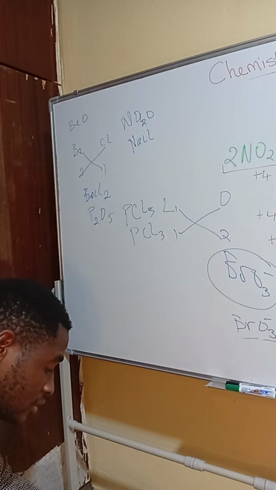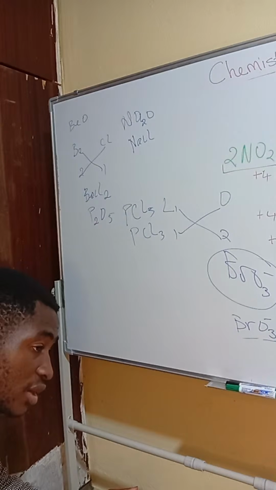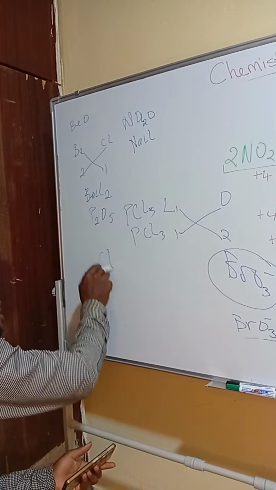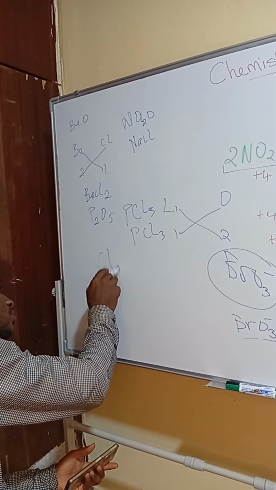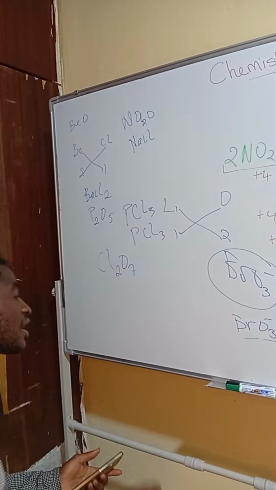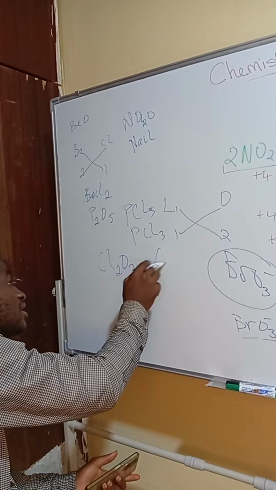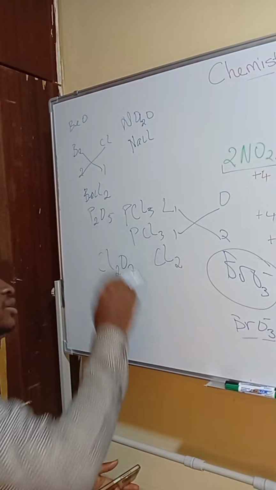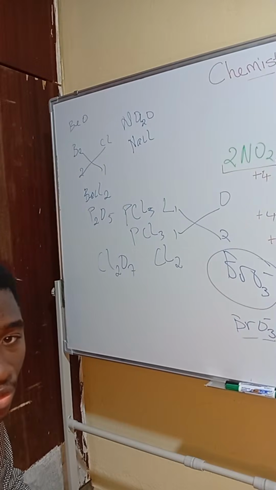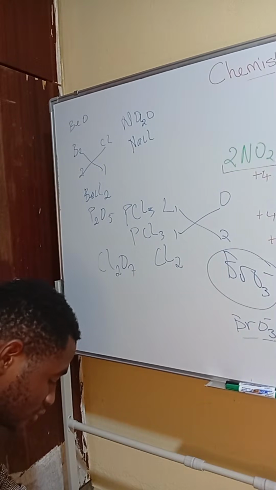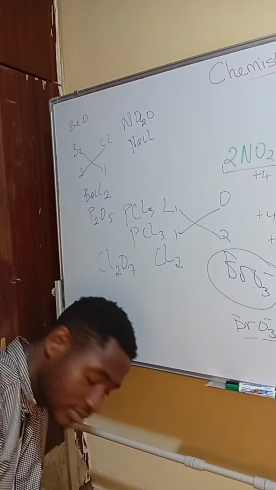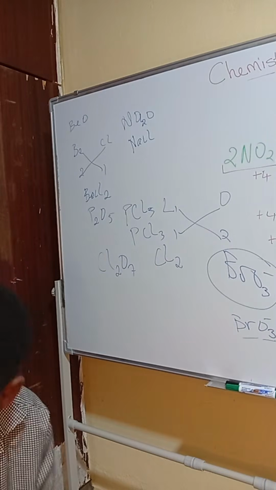Now, chlorine. Chlorine itself will give you what? We have Cl2O7. Then chlorine itself will give you what? The chlorine double atoms, Cl2. Now, the next question says,